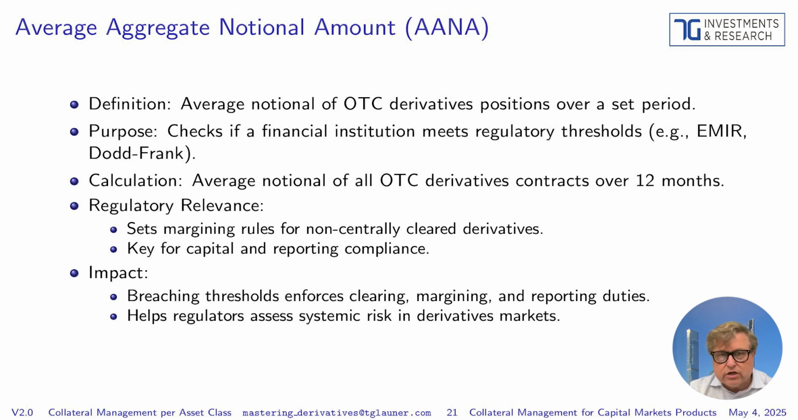The average aggregate notional amount, abbreviated as ANA, is defined as the average notional amount of over-the-counter derivatives positions calculated over a specified period. This metric serves a critical purpose. It determines whether a financial institution meets specific regulatory thresholds set by frameworks such as EMIR in Europe or Dodd-Frank in the US. The calculation involves averaging the daily notional amounts of all OTC derivative contracts over a rolling 12-month